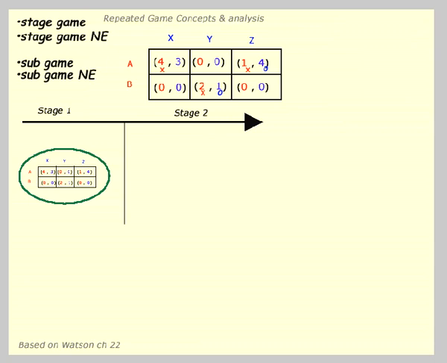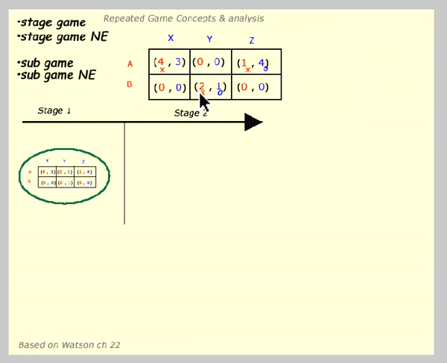So what I've put up here is a simple 2x2 simultaneous game. Red player, the blue player. Blue player has 3 actions. Red player has 2 actions. These are the payoffs. Don't try and put anything practical or realistic on this. It's just a simple simultaneous game. And it has 2 Nash equilibria, here at A and Z, and here at B and Y. Okay, and we work out the Nash equilibria using our best response kind of reasoning.